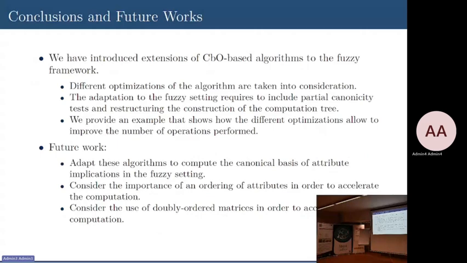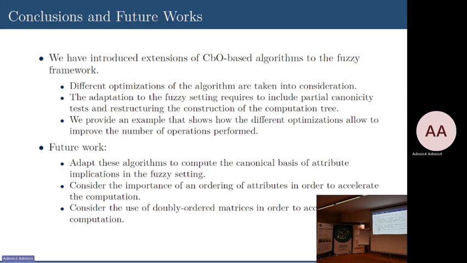lattice, and the adaptation in the fuzzy setting requires a partial canonicity test and a restructuring of the search tree. We provide examples, and they show how the performance is improved with each of the